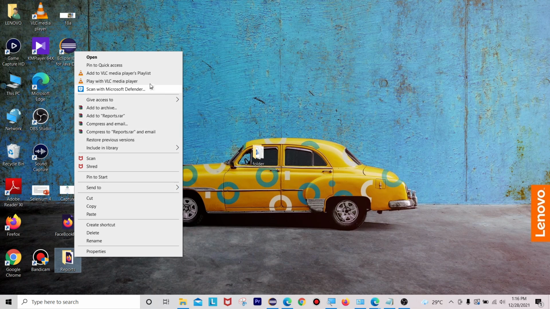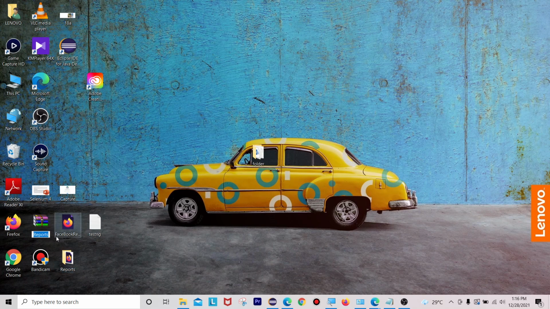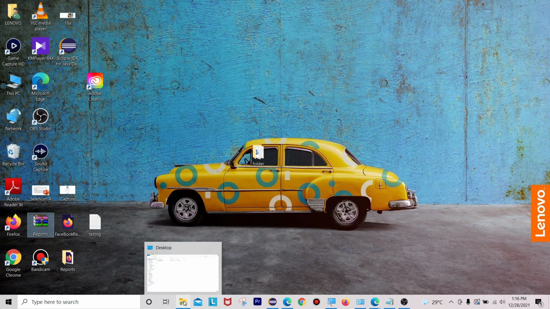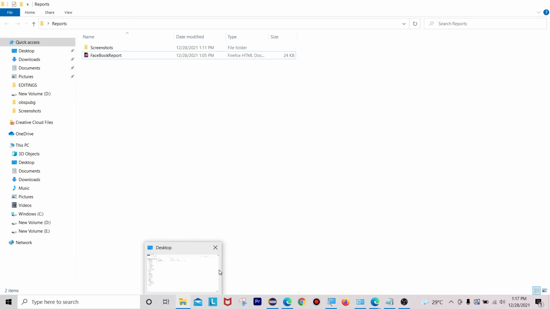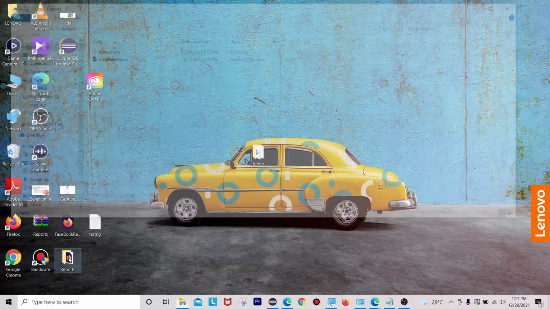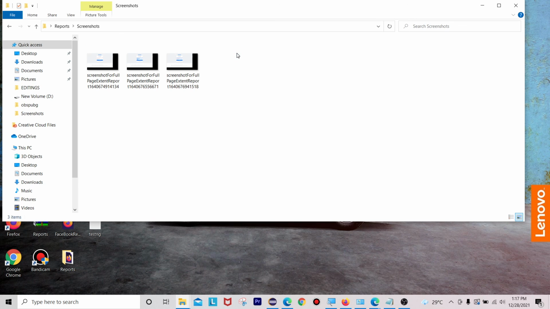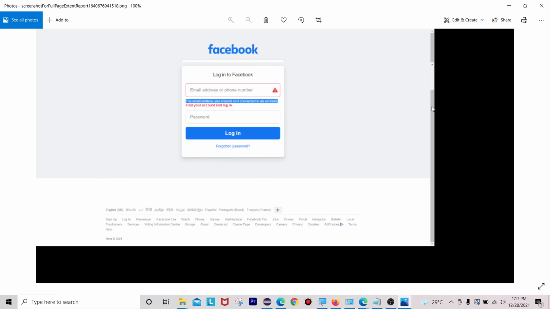Okay, you can see, where is the zip send to. Okay, compressed zip folder. Now it got compressed into a zip folder. Now you can take this, press Control C, and send it to your client or your teammate or any other machines. They can easily access your reports along with the failed screenshots. If you see this reports folder, it is easy, and you also have all the failed screenshots present inside our screenshots folder. You can see now I am able to easily open this one.